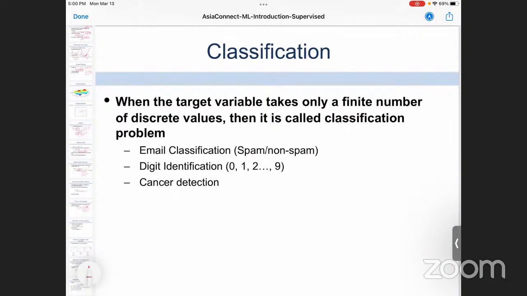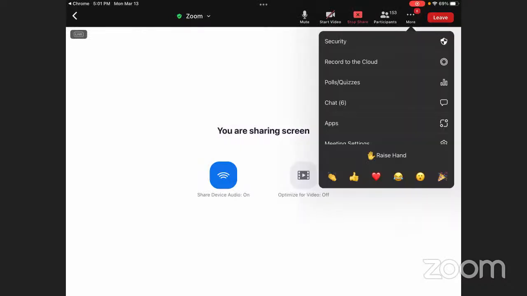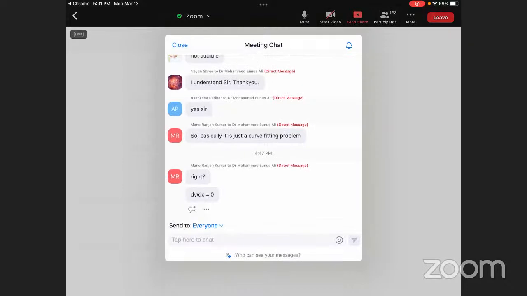So up to now, if you have any questions on linear regression, you can ask me in chat, then I can move on to the next one, classification. Please feel free to ask if you have any question. Okay, they are writing to you directly, that is why I'm not able to see. Okay. So the first question was, yeah,